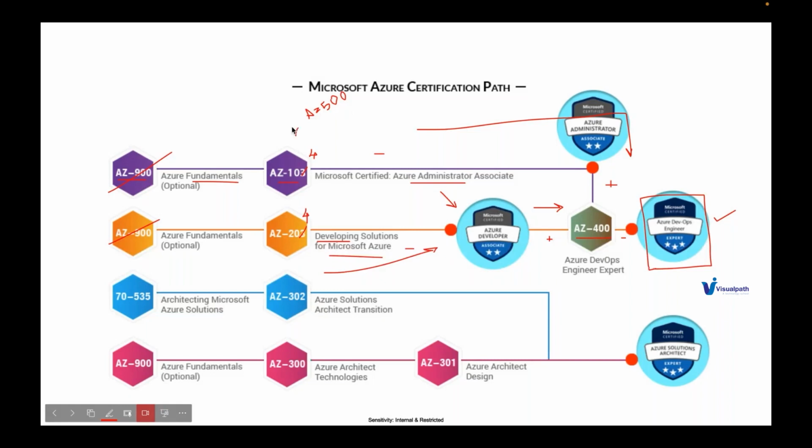If your core focus is AZ500 on Azure security, learning 104 will give you more idea of how things are connected on the backend, where you can troubleshoot very easily in future. 104 is your baseline, where you'll understand end to end, building your compute, network, storage, and all the infrastructure related